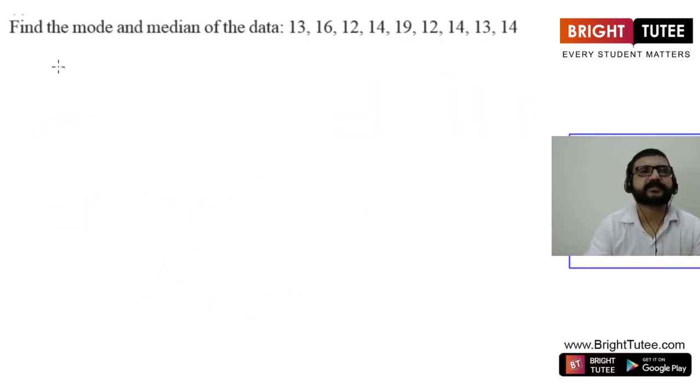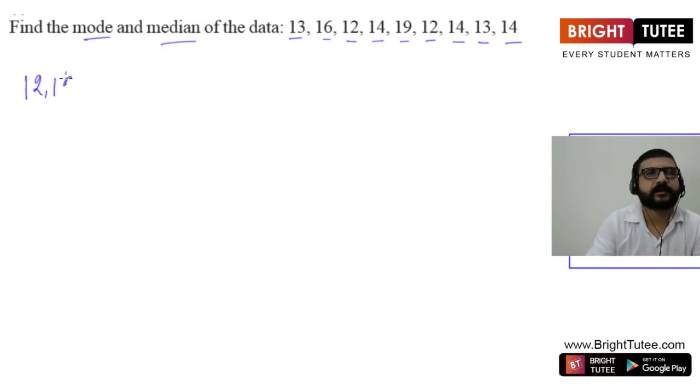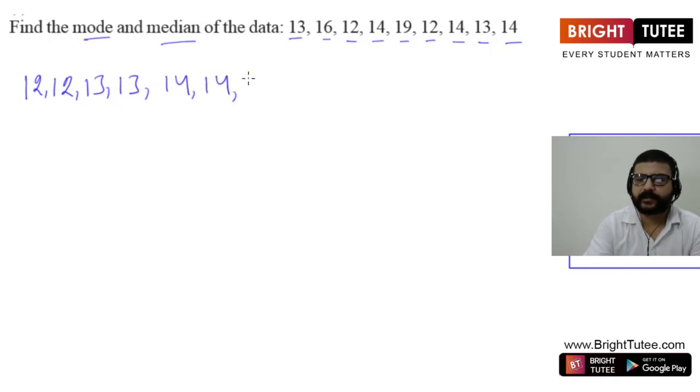The next question is find the mode and median of the data, and the data is 13, 16, 12, 14, 19, 12, 14, 13, 14. Now for finding the mode, we will just simply arrange the given data in the ascending order. It will be 12, 12, 13, 13, 14, 14, 14 three times, as it is occurring three times in the data,